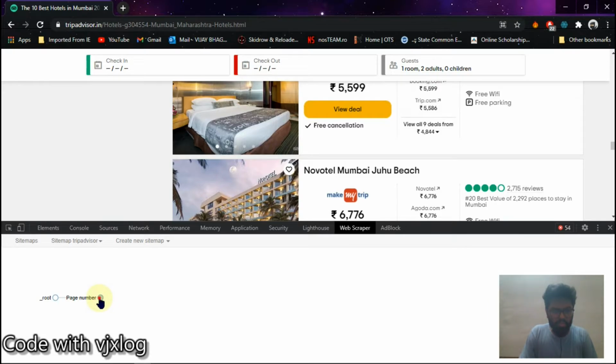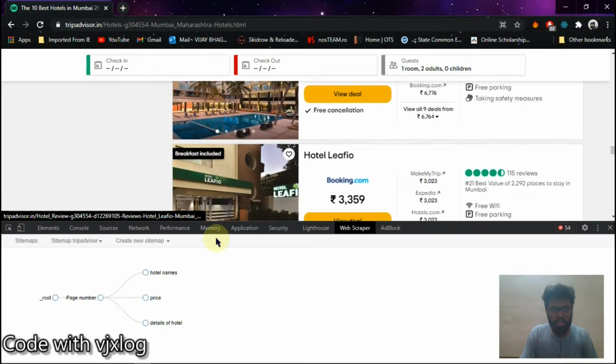Then in page number 1 it will select all the data of hotel names, price and details, right? Now again looping back, in page number 2 it will select all the names of hotel, price and details of hotel. This way it will go on and it will scrape the data, it will collect the data.